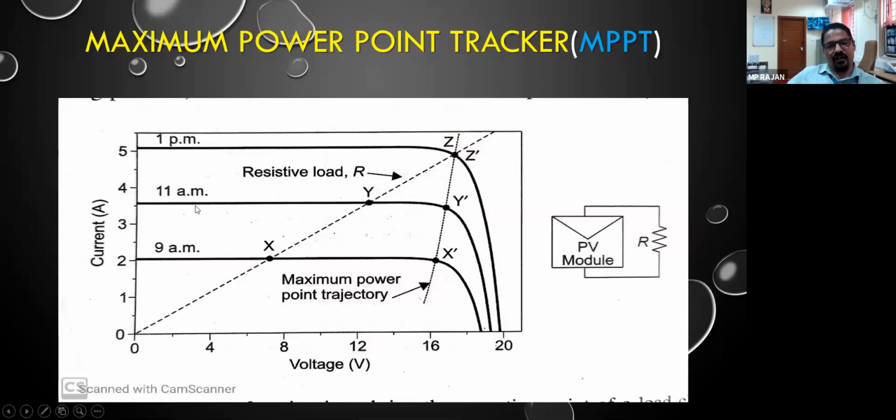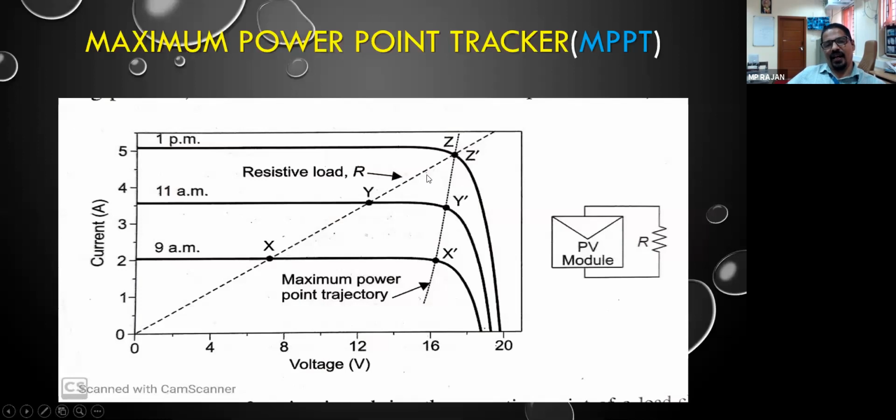We already have seen. So आपका जो current radiation है उसके ऊपर होती है. So there is a maximum power point. You can say Z. Z is the maximum power point. Here you can extract the maximum voltage as well as the maximum current. If you select any other point on this curve, it will either reduce the voltage or it will reduce the current. For example, if you select this point here, your current is less. Voltage is maximum, but current is less. So consequently, आपका जो power है, the power generation also will be less.